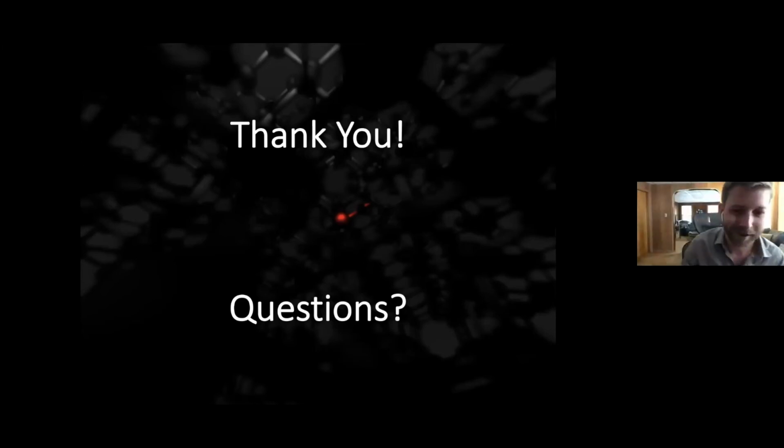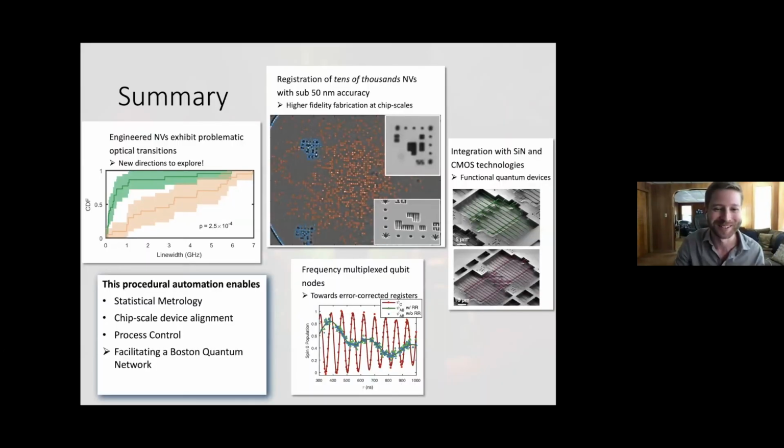Sure, yeah. So actually, I snuck into the presentation one of those novel nodes. The picture you're looking at here actually isn't NVs. This is one of our more novel color centers, which instead of a nitrogen substitutional, it's a silicon. So this in itself already is something that is a little bit more robust to the varying damage from the implantation process, which at the end of the day was what was able to allow us to fabricate on top of it.